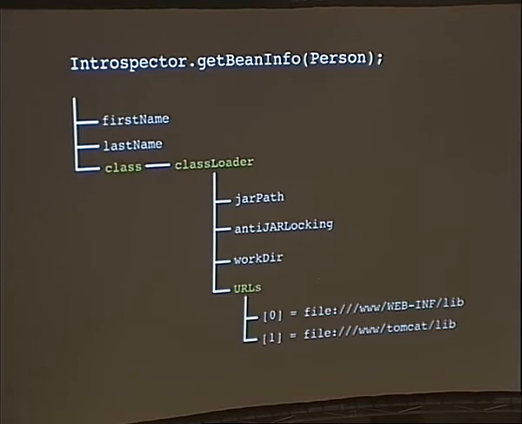Now, if you go further and do class.classLoader and look at all of the other properties it returns, you will see there is workingDir, antiJARLocking, jarPath. All of those correspond to either get or set methods. For example, urls corresponds to a method called getURLs. Interestingly, the getURLs method returns an array of URLs